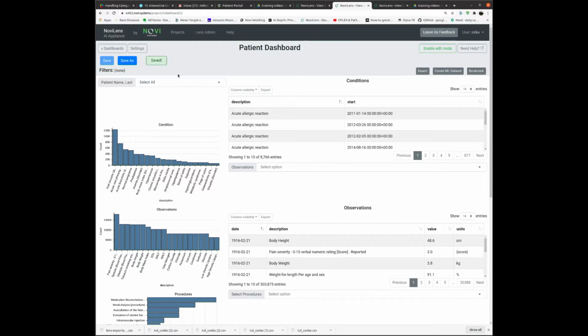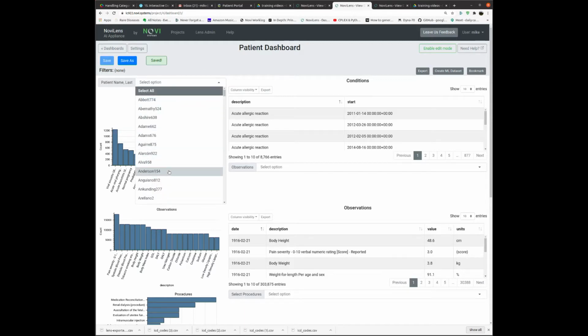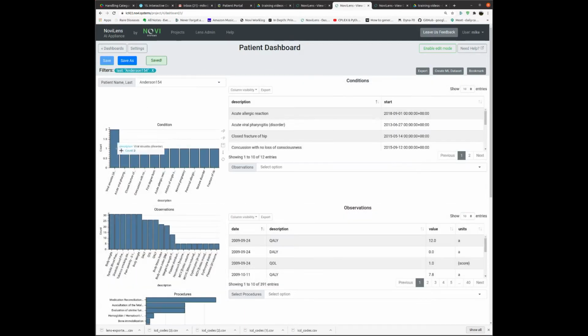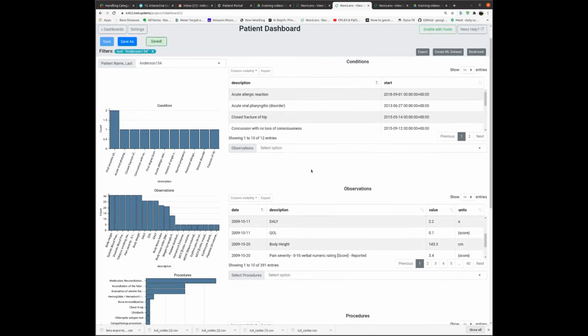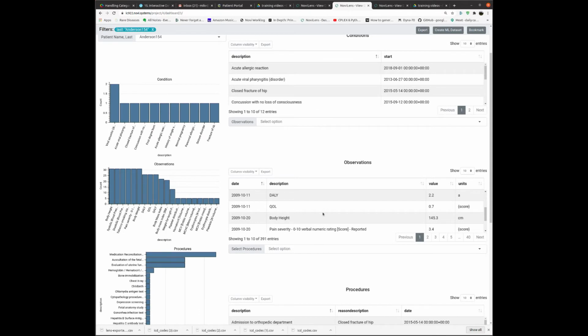Your administration can run one of these reports every evening, and it would be available to you on your tablet. And what it provides is a dynamic interaction between the data in the EMR and the tablet, and displays the pertinent information about that patient. So if I went down and said, okay, let's see Mr. Anderson, I have now this view of all the conditions that he's had, observations, which are basically lab values and